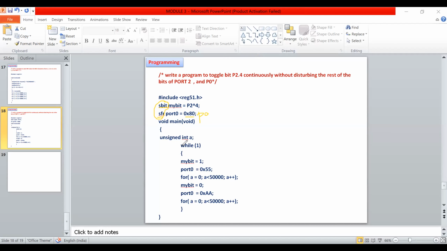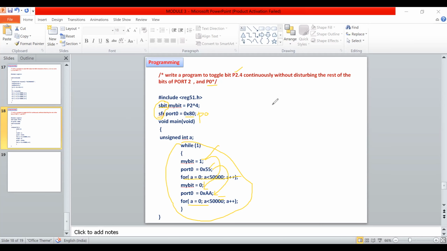In the while loop, I'm going to use mybit equal to 1. I'm just setting this bit as 1. And for the port, I'm giving some value for toggling and having a small delay. Then once again we make it 0, and the port alternates between 55 and AA, so that the other bits will be toggled. Then add a delay, simple thing.